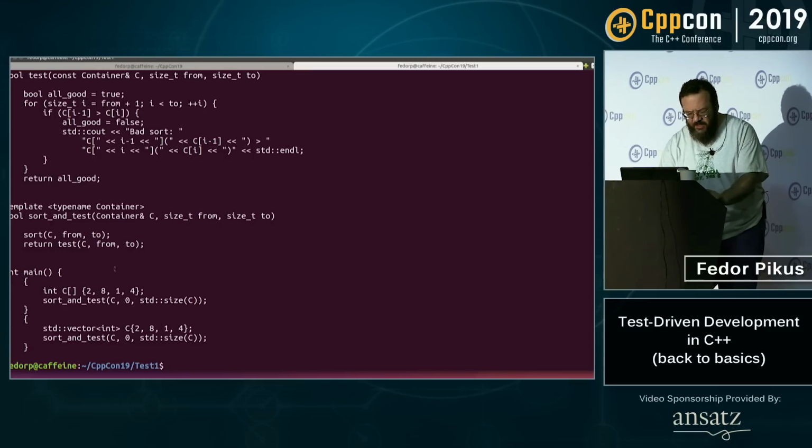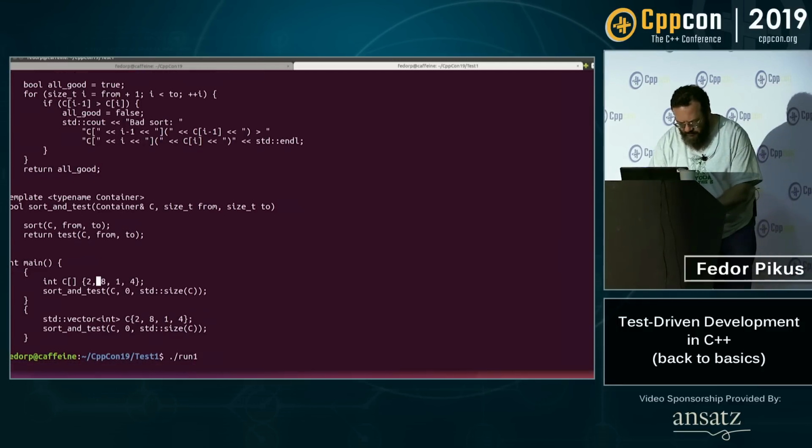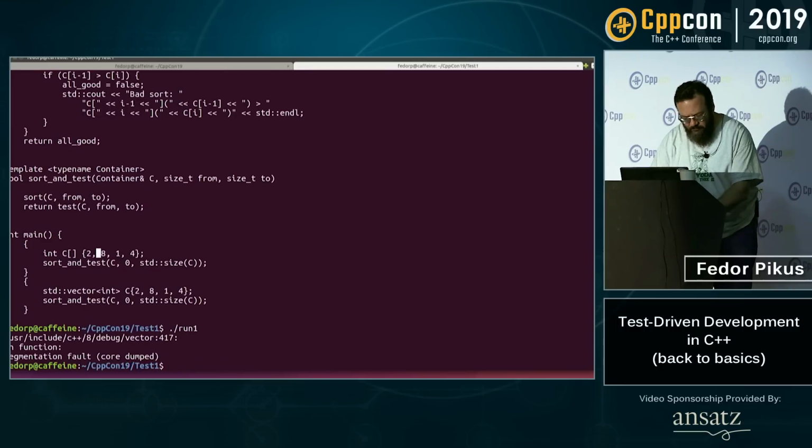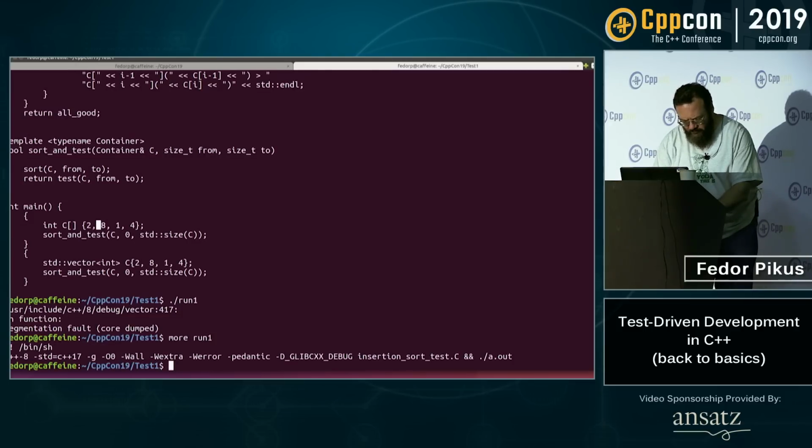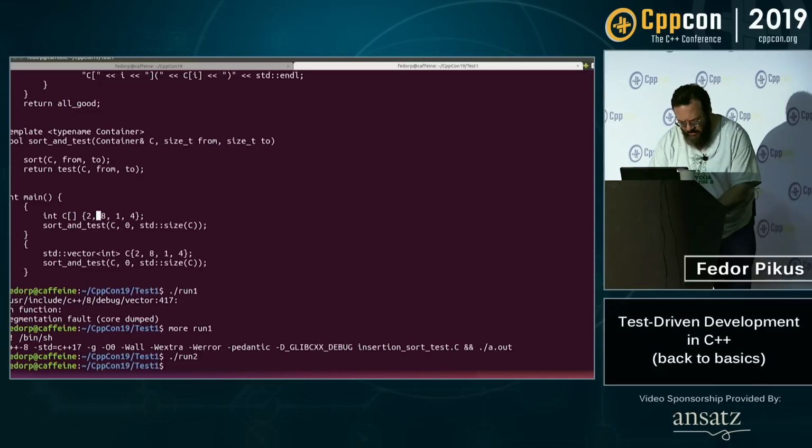So I'm testing it on the container, which is an array, and I'll test the same thing on the vector. That was unexpected. Let's try to, oh, okay. What's the difference?